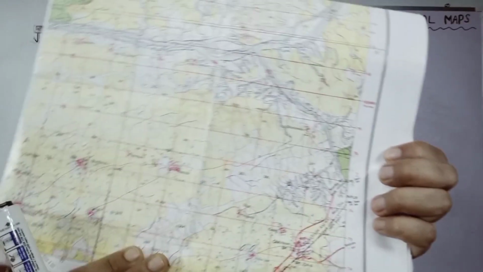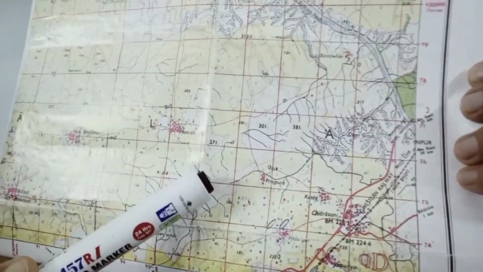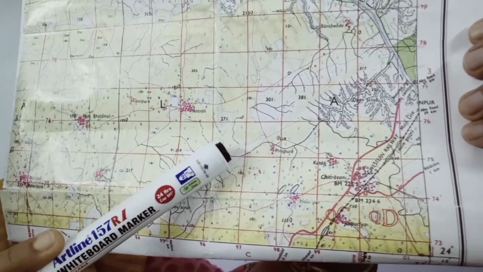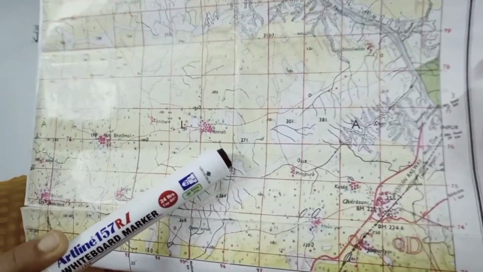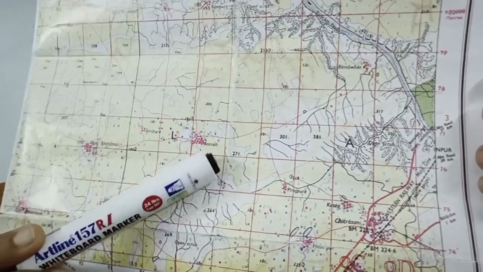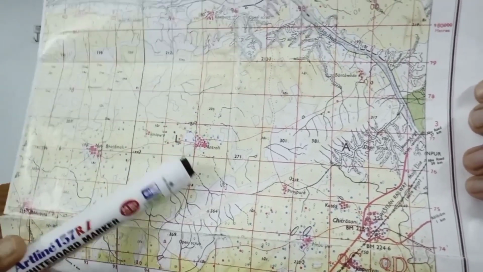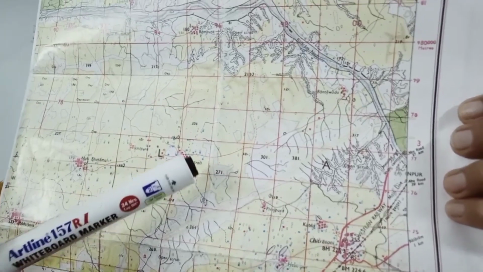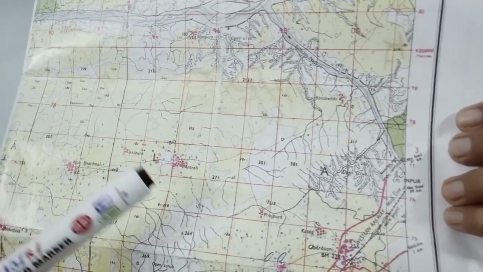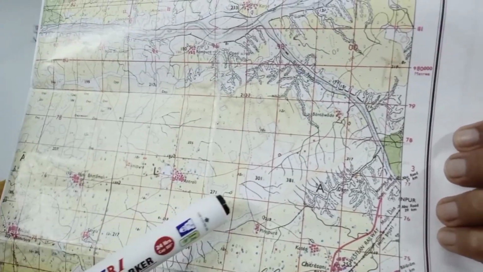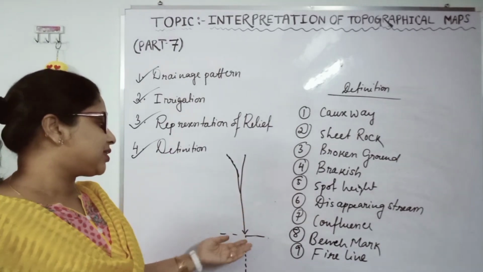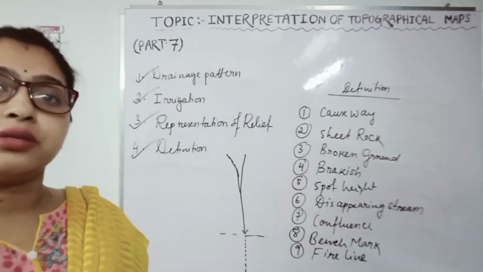Here students, I am showing a part of a topo map. You can see these are the disappearing streams. See here, these are dry streams, and suddenly after a distance they have become dotted lines. Okay, because of evaporation, high temperature, or the presence of porous soil, they have gone underground. You will see many such streams in different parts of this map, where after a distance the river becomes underground.